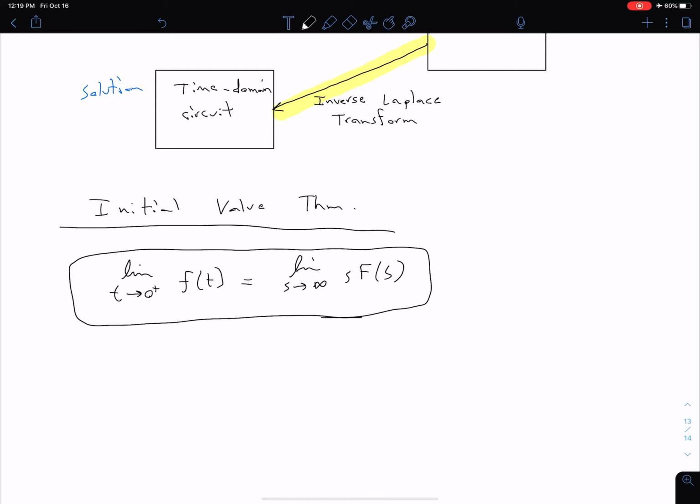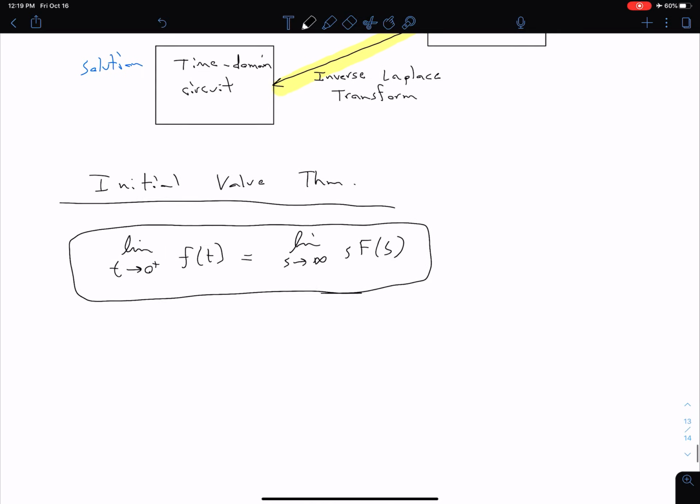We'll see how we can apply these theorems, but if we think about it, essentially, if we know our f(t), we ask what's the value right after 0. Then we can check: we'll have some function in terms of s, we multiply that by s, and then we let s go to infinity, and